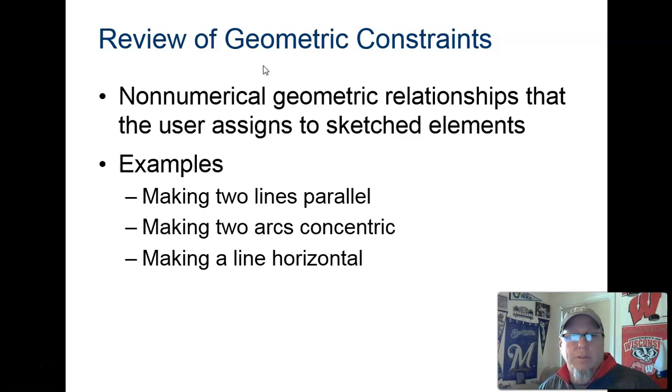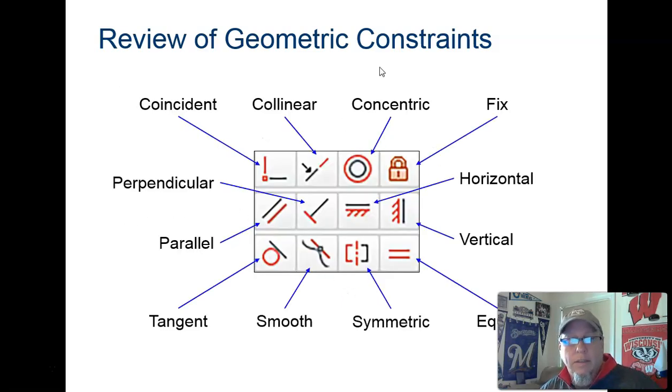So here are some examples of geometric constraints: making 2 lines parallel, having a horizontal constraint or a vertical constraint, making 2 points concentric. All those are examples. Making 2 lines perpendicular are examples. These are the geometric constraints that we've already been using, and I'm going to use them in the YouTube video